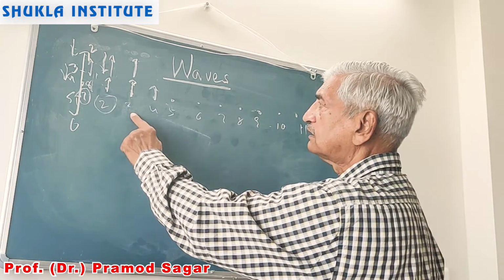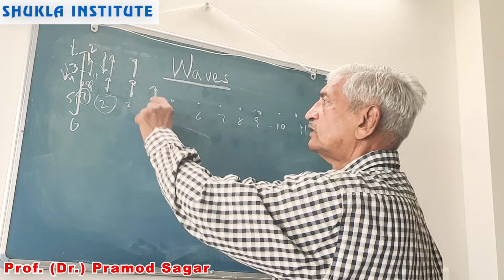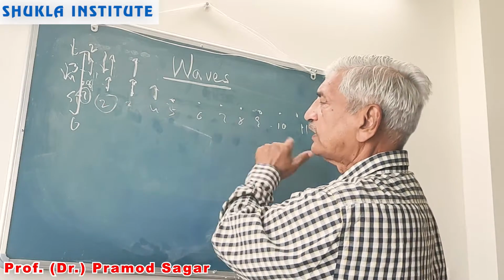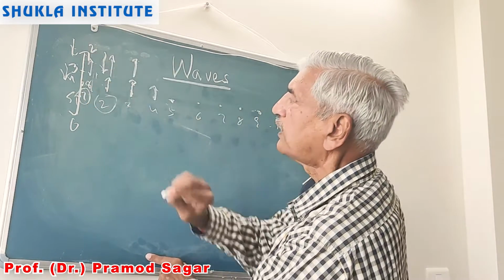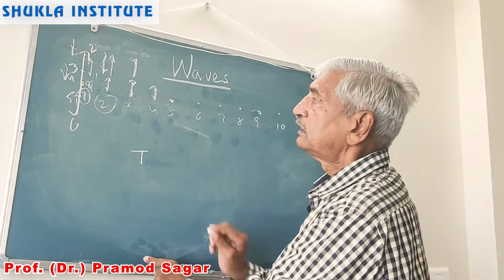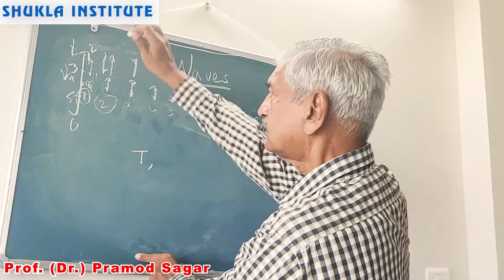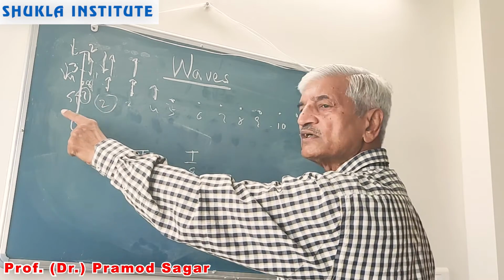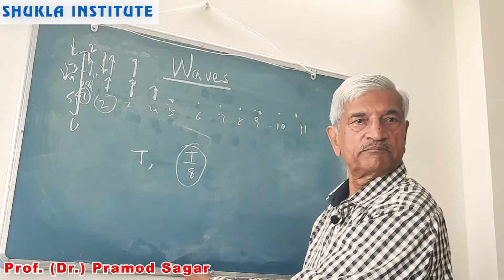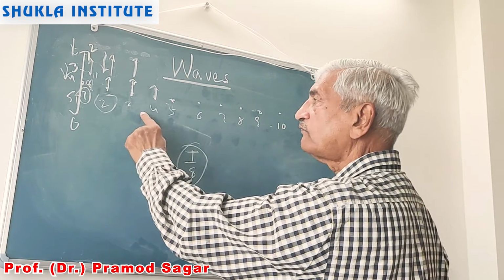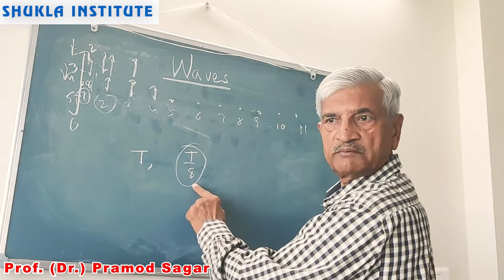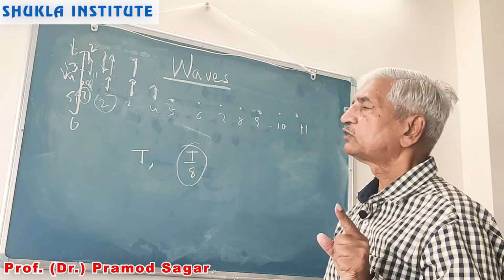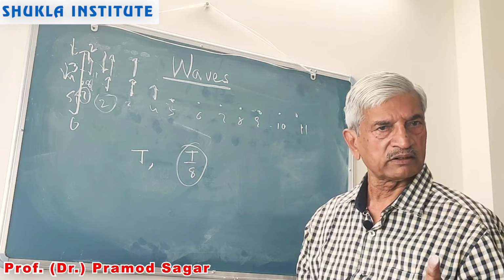Look, when this third particle is at position 2, the fourth particle is at position 1, and the fifth particle is about to start. Likewise, see, this total time of vibration is capital T. In these 8 parts, we have divided the time as T by 8. So the second particle is behind the first particle by this time. Similarly, the third particle will always be behind the second particle by the same time. So therefore, we'll say there is a constant time difference between the vibration of any two consecutive particles,